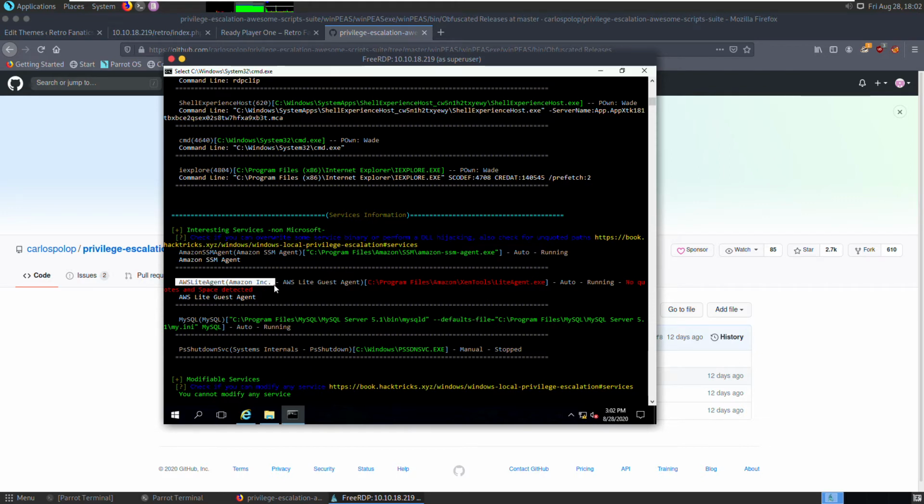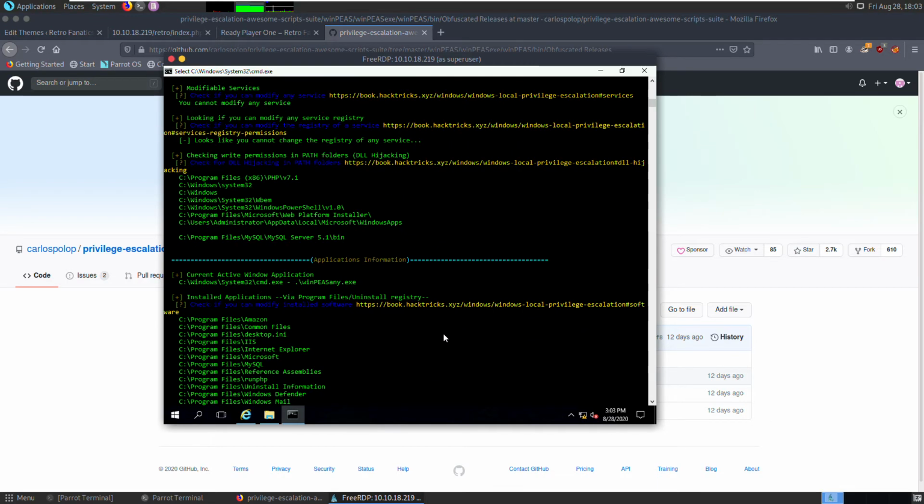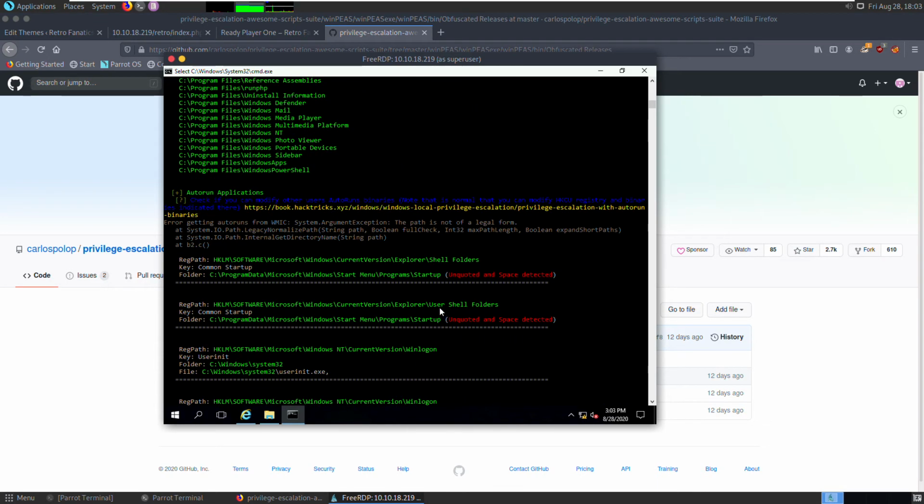And we also have this one, AWS Light Agent, and it says unquoted service path detected. So if you're aware of how to exploit an unquoted service path, you might know that we should have the service stop and service start privileges on the Light Agent service. If not, we can't really force the service restart after we plant our exploit in one of these directories. So let's move on and see if we have any other writable words here. So unquoted again,